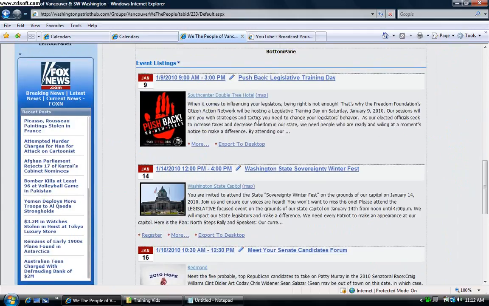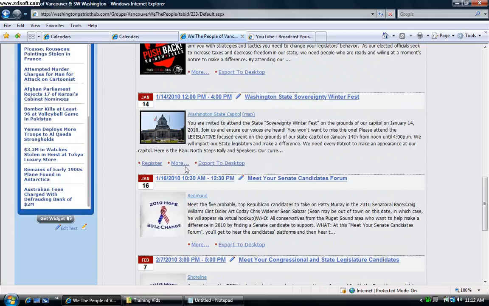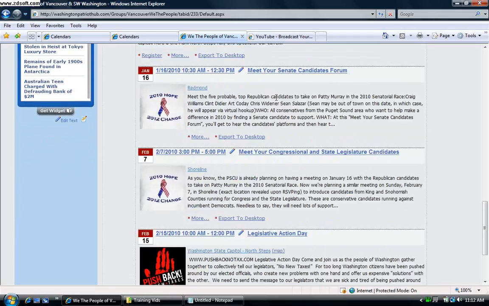you'll see the listings. Here's one from CAN, the Pushback No Tax folks. Legislative Training Day is coming up on the 9th, and something on the 14th, which would be the Winterfest, and that's off the central calendar as well. These two particular ones I posted off of the central calendar because they were important events, but they're PCSU events. What I did was help Dan out in getting these up right away because they're so soon, but